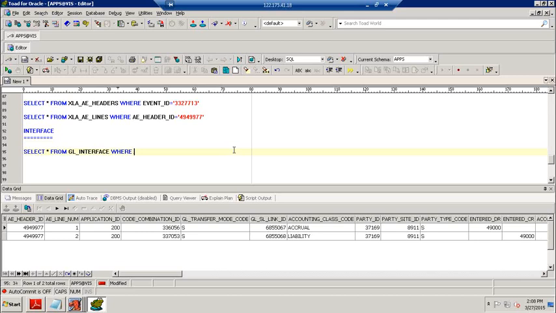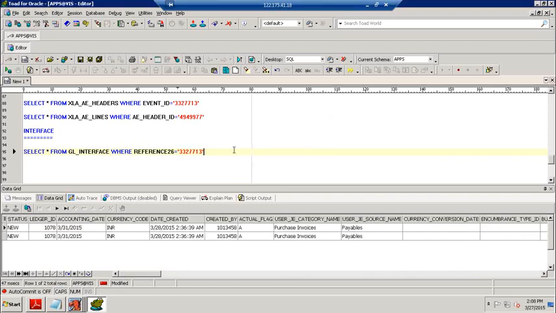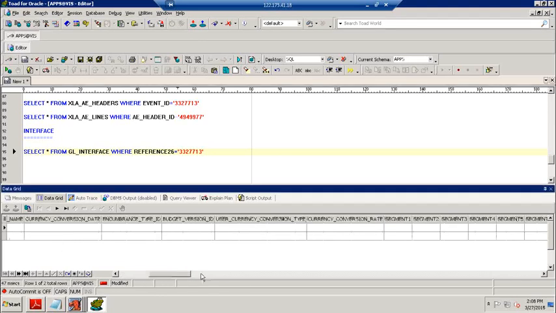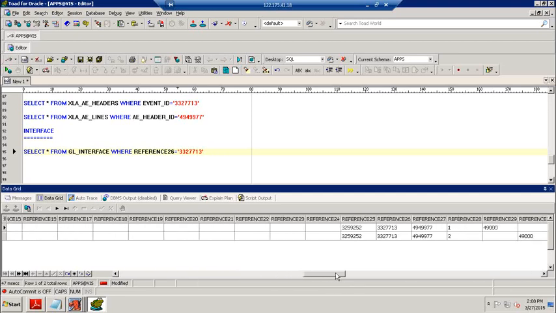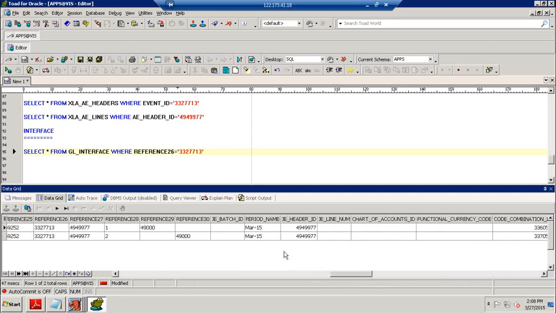How can we go to find out? Reference 26 has our event ID, 33277713. Still it shows as new because it is not processed. Once those programs are completed successfully, this status is going to show as processed. Okay, it shows as processed, and here we are going to find the respective JE batch ID and